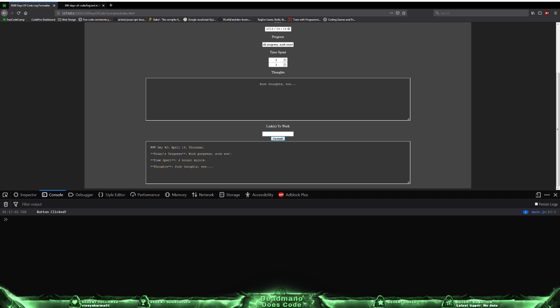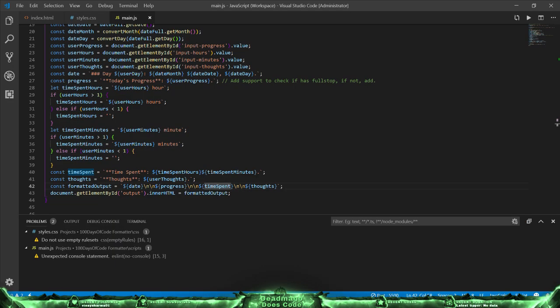What's the easiest way to solve this now? Can't add spaces here because if there's no minutes you can have blank spaces, and you can't add them